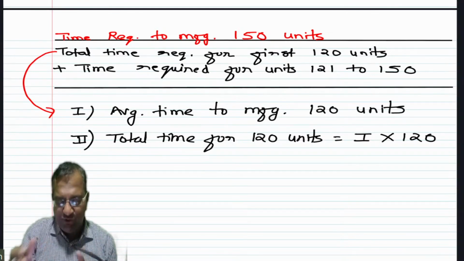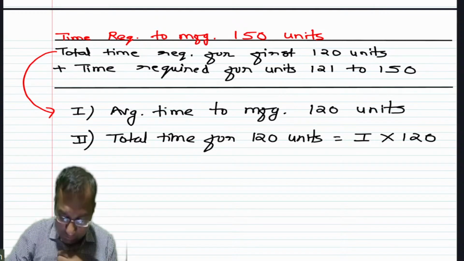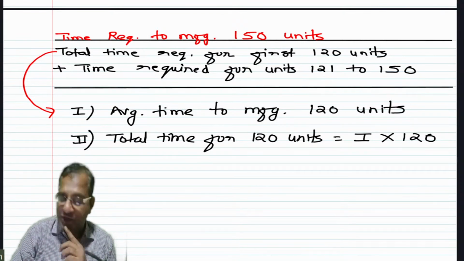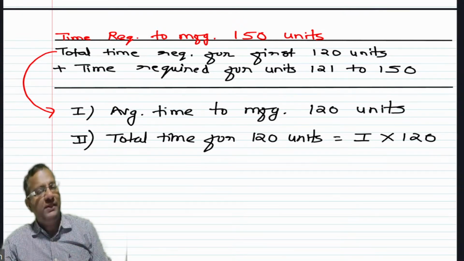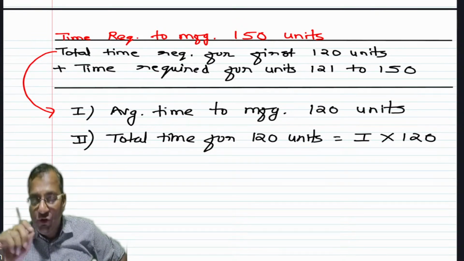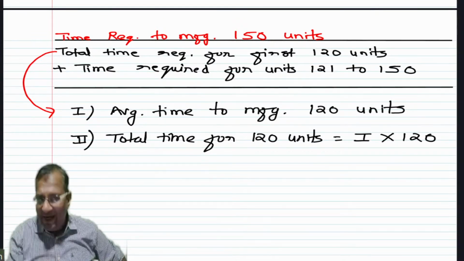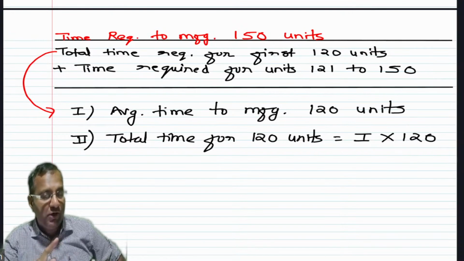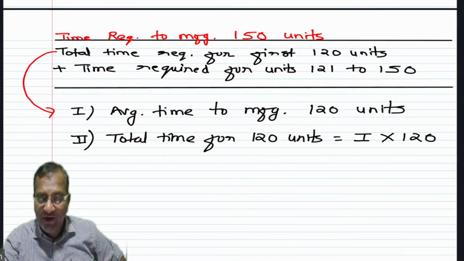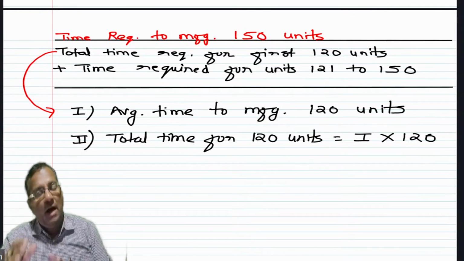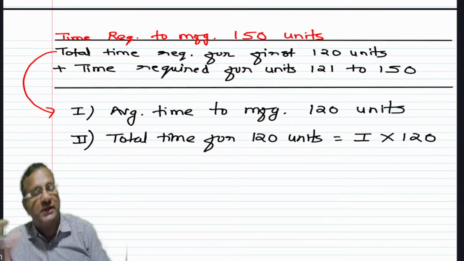Time taken to manufacture first 120 units is very simple. We already calculated. Now the most important thing is how much time each unit will take from unit number 121. ठीक है। Ask yourself a question, when the learning stage complete हो गई, on 120th unit. तो जितना टाइम यूनिट नंबर 120 को मैन्युफैक्चर करने में लगा है, आई हैव नॉट सेड 120 यूनिट को मैन्युफैक्चर करने में लगा है, आई हैव सेड जितना टाइम यूनिट नंबर 120 को मैन्युफैक्चर करने में लगा है, अब वहां पे मेरी लर्निंग स्टेज खत्म हो चुकी है। अब उतना ही टाइम हमारा 121 122 ऑनवर्ड्स लगता जाएगा।